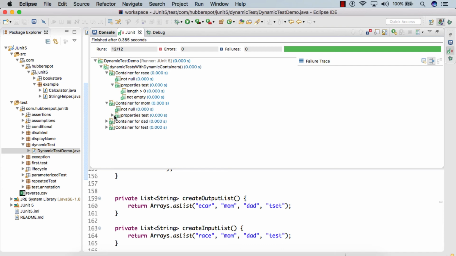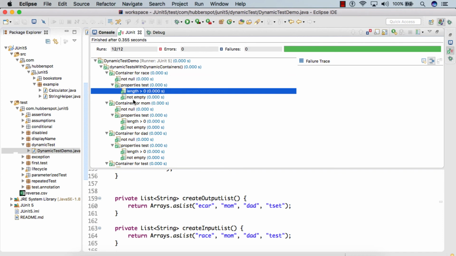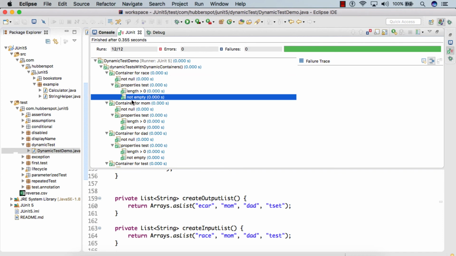And similarly, for each string, the nesting of tests was created. So here if you see that overall 12 test cases were created: 4 for checking not null and 8 for checking the length greater than 0 and not empty.